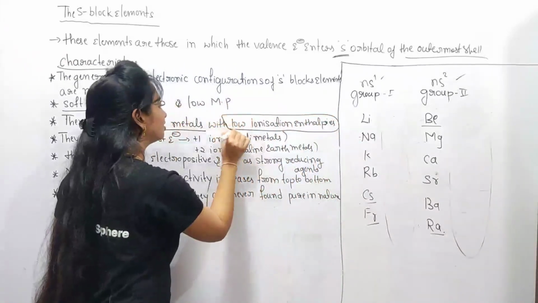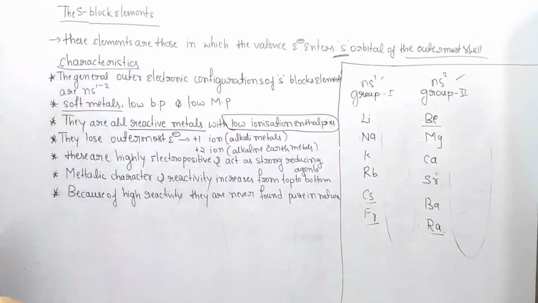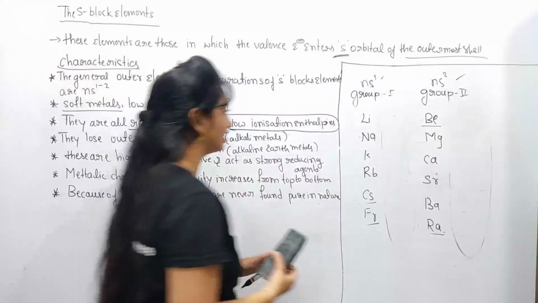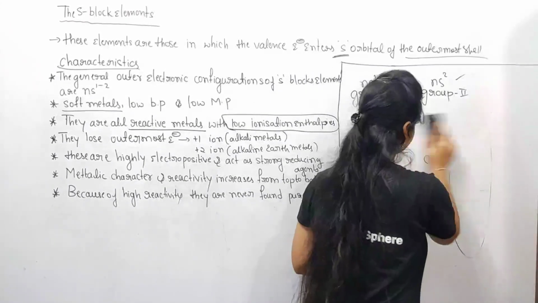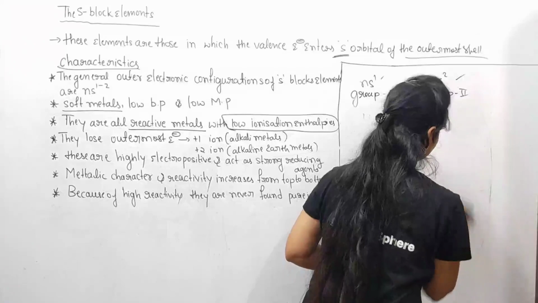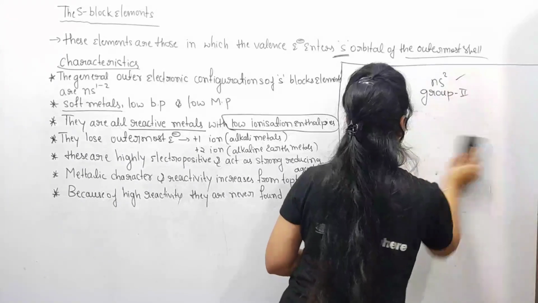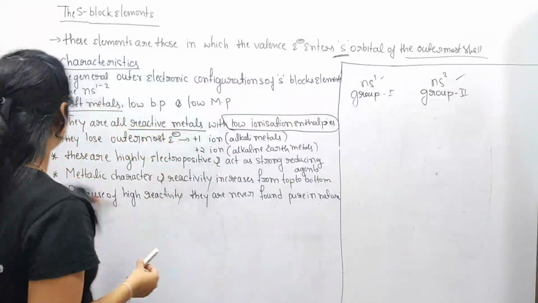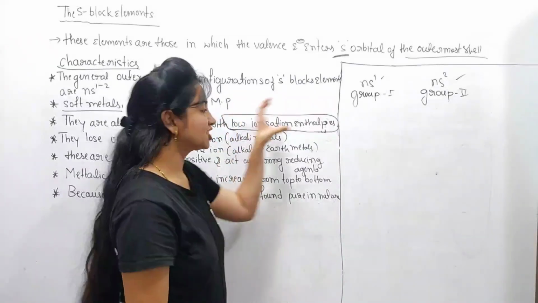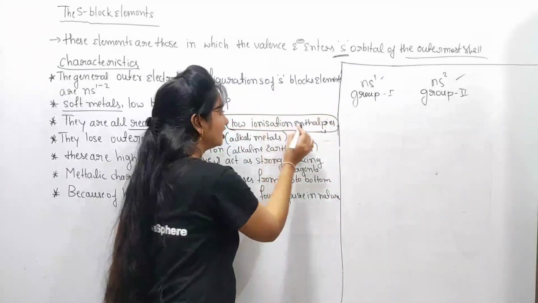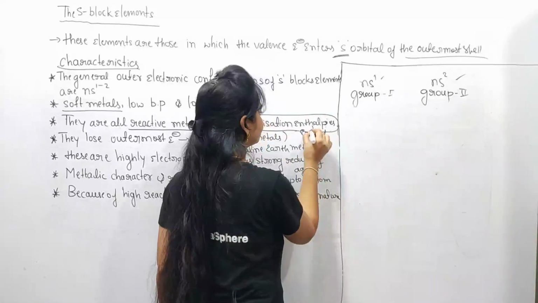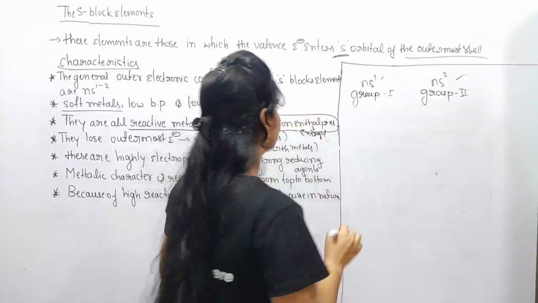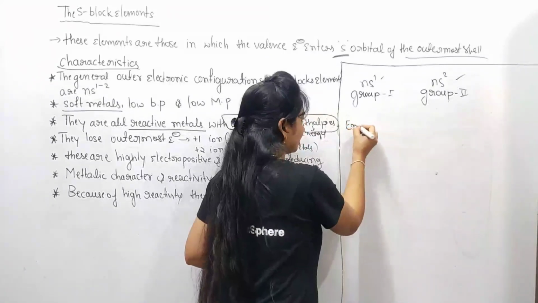What is the meaning of ionization enthalpy? I wish to explain here. Ionization enthalpy is also called ionization energy. Enthalpy means energy here. So, the energy required